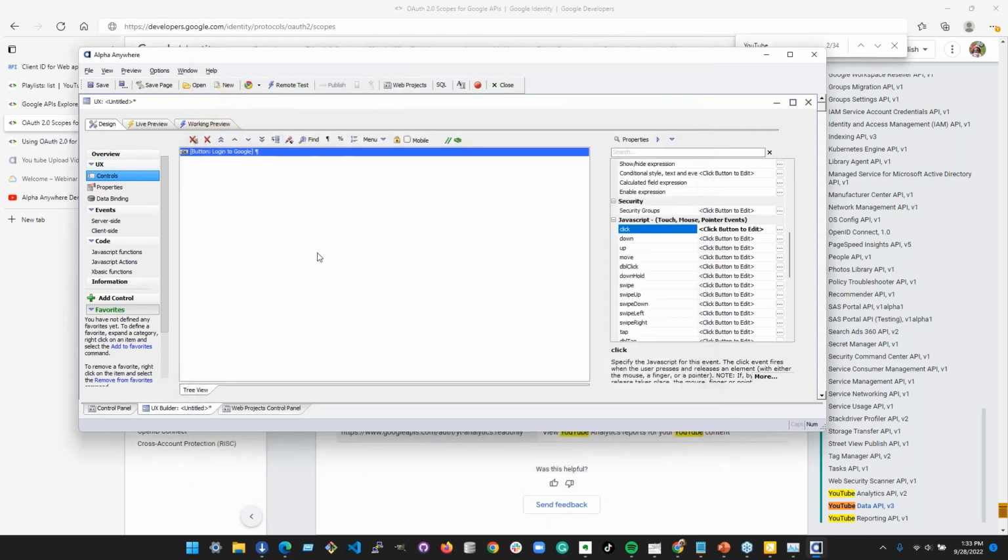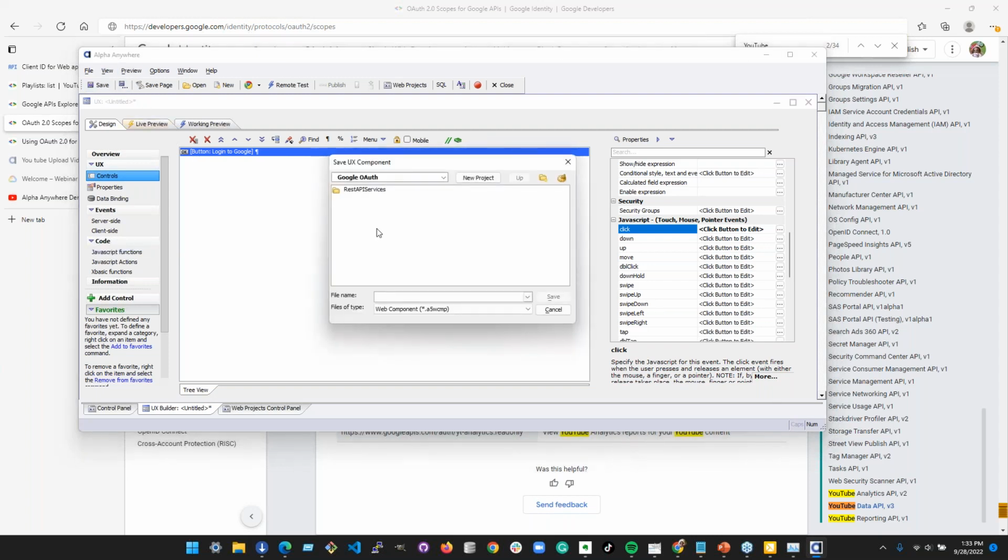You've added a button that will now call Google, prompt you for authentication, ask you if it's okay that the application that made this request does the things it says it's going to do, or could do if it had access, and then let you either approve or deny that. So we're going to save this as Google Authenticate.